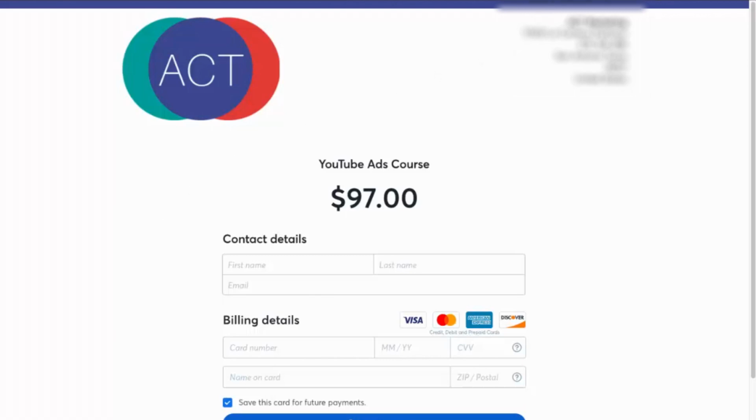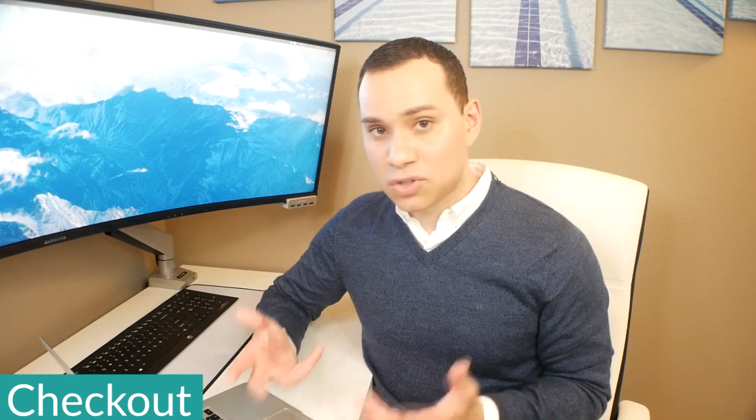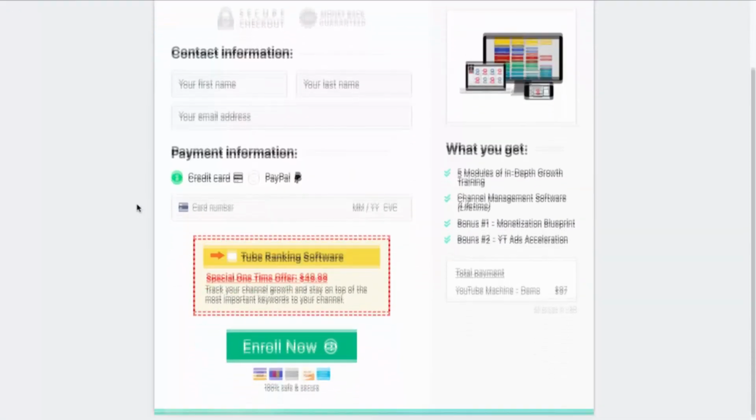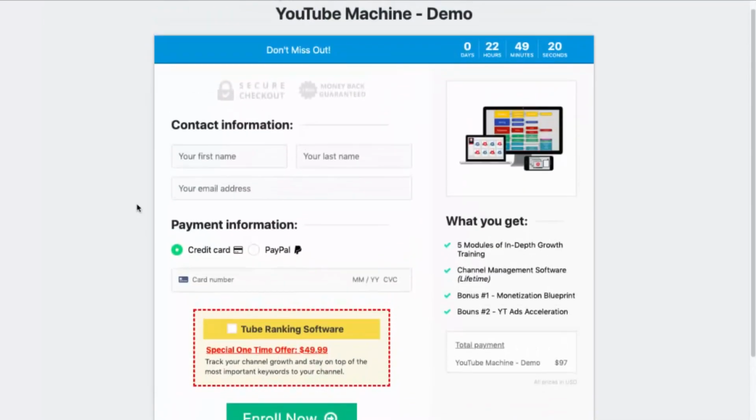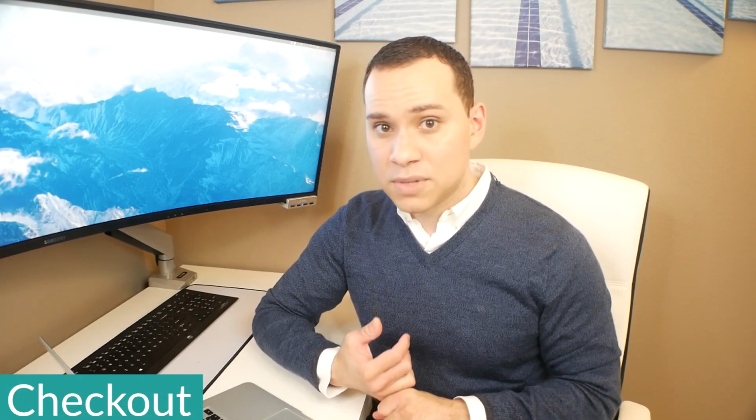Now the next shopping cart software I recommend you check out is ThriveCart. It's a one-time fee, and while it does have its drawbacks, it is very simple to use. You can set up the shopping cart that you're looking at here in less than 30 minutes your first time round. The big disadvantage of ThriveCart is that it doesn't do very well when you embed forms on your actual